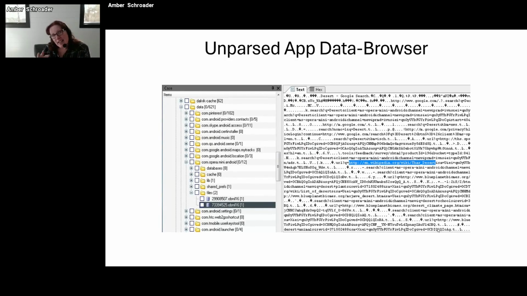So this is what ugly unparsed data might look like on a smartphone. It doesn't mean that the tool has done anything wrong. It simply means that there has been a flux between when they last parsed something and when that data was available, or they never parsed it in the first place.